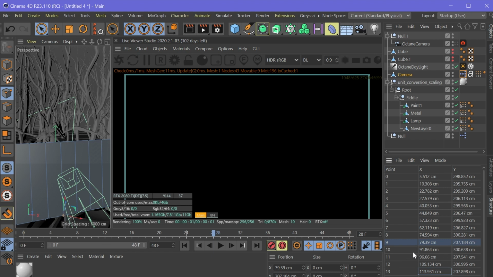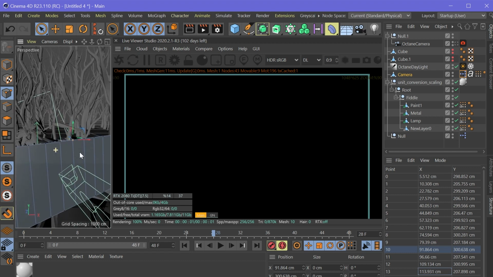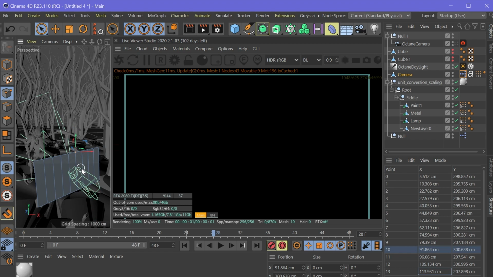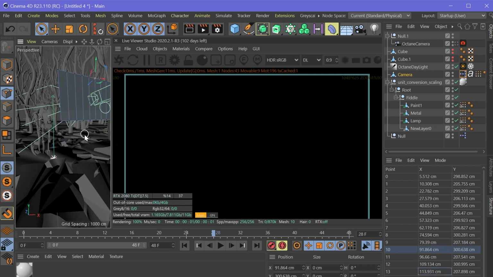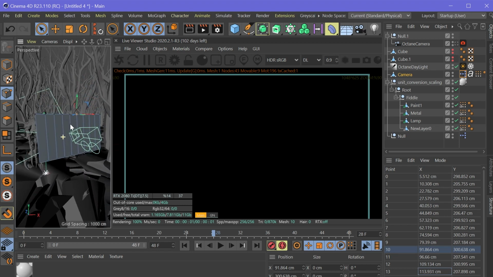The computer remembers that. And this is point number 10. It's pretty arbitrary, but it will remember it. So any change you make in Quill will corrupt this sequence, and suddenly the computer doesn't understand the motion of this object. That's why in the previous session I said, always duplicate your object,